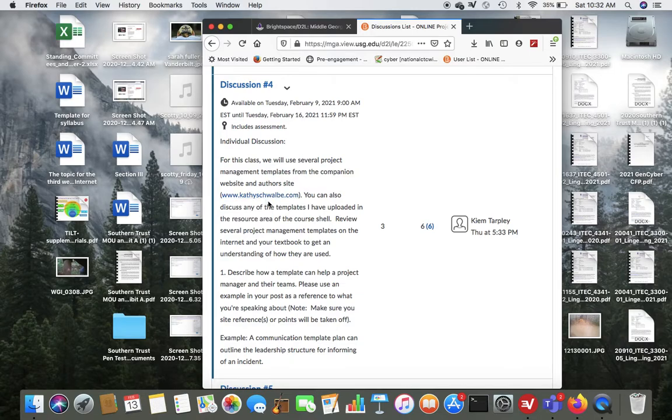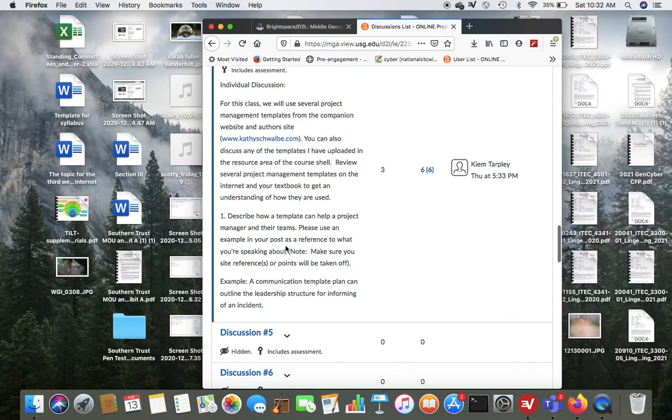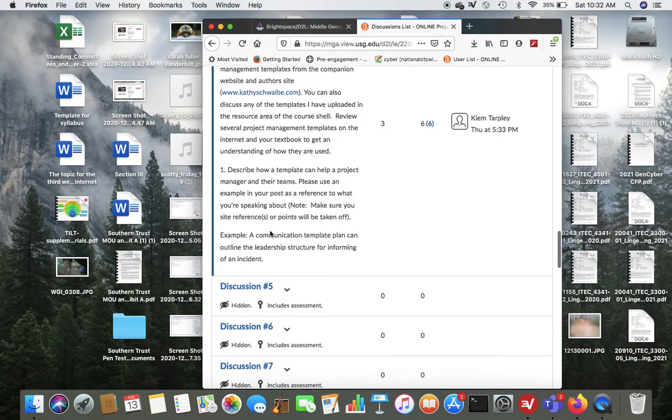If you'll go to Kathy Swab's website, she has several templates in there I want you to look at. I also have included some templates in D2L, and I'll show you where that is in a few minutes. But I want you to look at some of the templates and find some that you like, and then describe how a template can help project managers and their teams. And please use an example in your post as a reference to what you're speaking about.